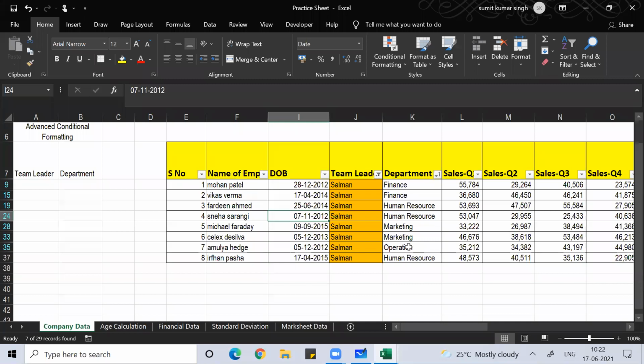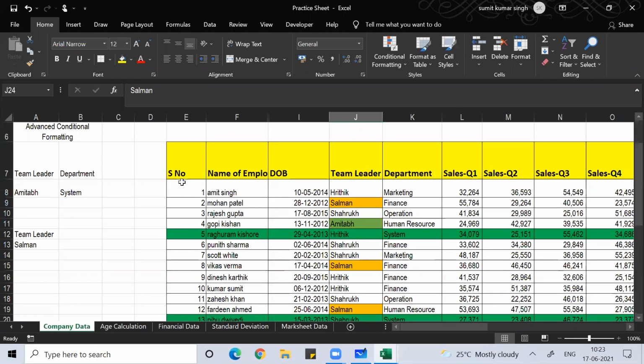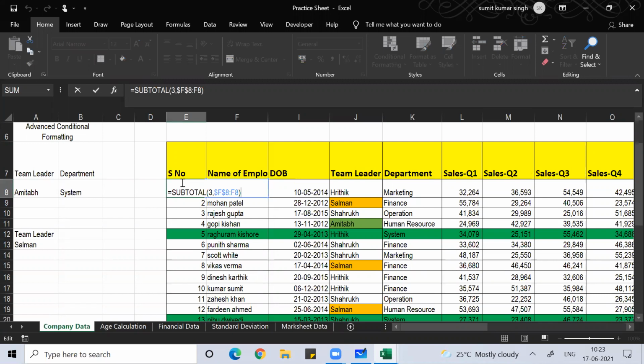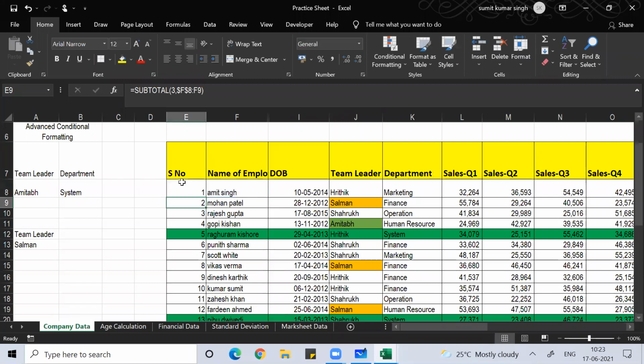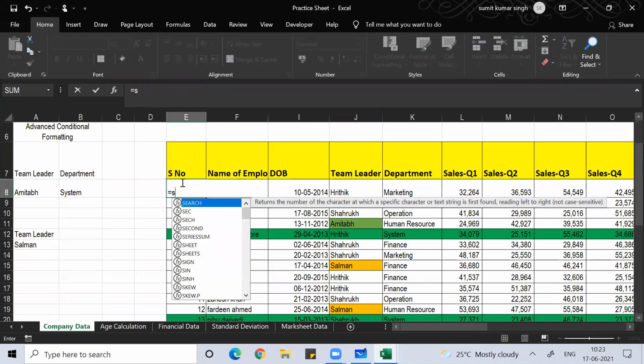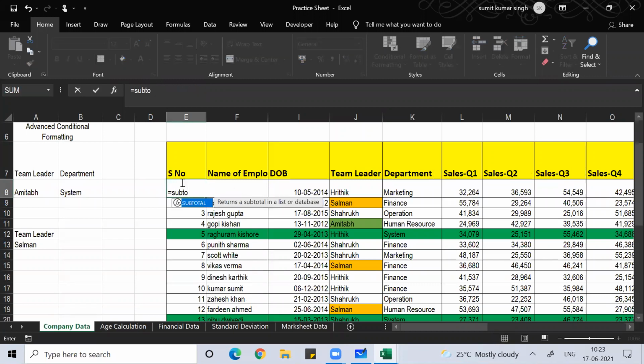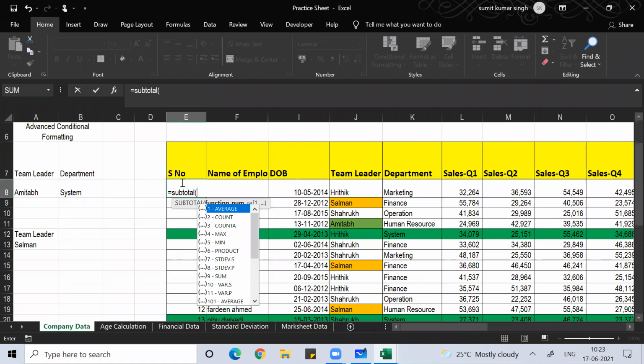Probably, guys, here what is important, if you notice the serial numbers, they are coming from 1 to, like, properly. Why are they not getting jumbled? The reason is that I used the function called subtotal. In my previous sessions I have discussed, don't write simply 1 2 3 4, you can better use this function called subtotal. So what you can do, you can write equal to subtotal, open bracket, and then here